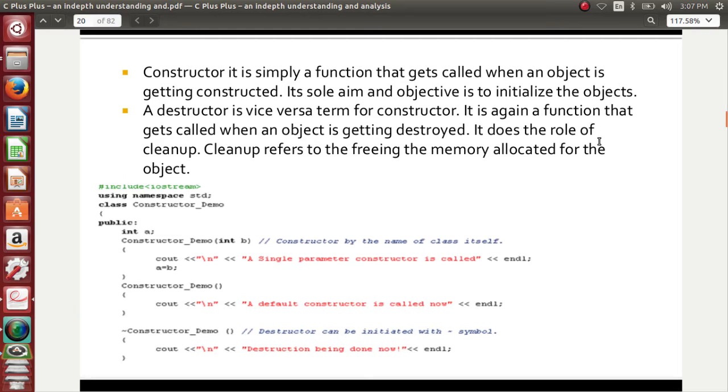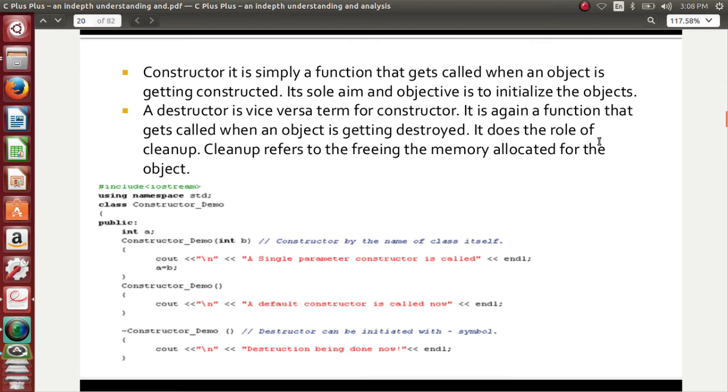Likewise, I am getting an object. I need to initialize the object, so I am going to initialize it before I use it. And after I use it, I need to clean the plate again to keep it back for someone else's usage. After I use the object, I need to free the memory that the object has used. I will clean it before I use, and once I have completed the usage, I will clean it again and keep it back on the table. That is it. There is no rocket science in it. I am taking something, I will use it in a neat way, and I will keep it back in a neat way.